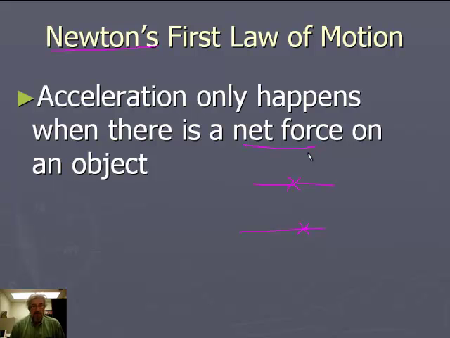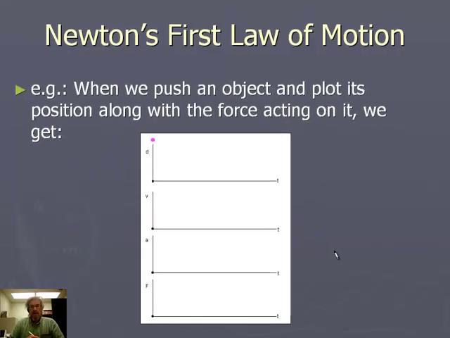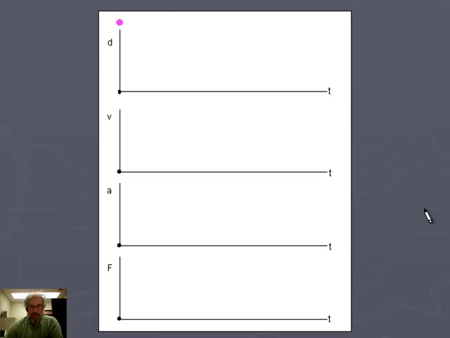Another way of saying this is: only force causes change in speed. Let's take a look at multiple graphs here and see what happens when we put force on